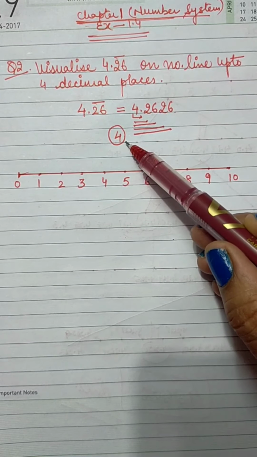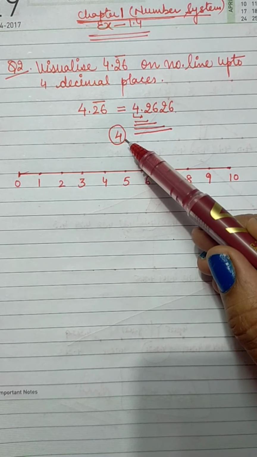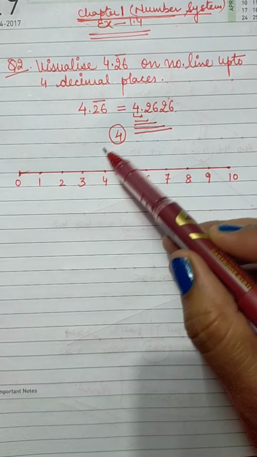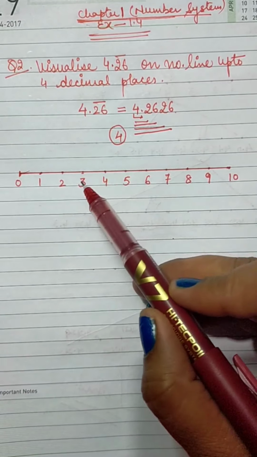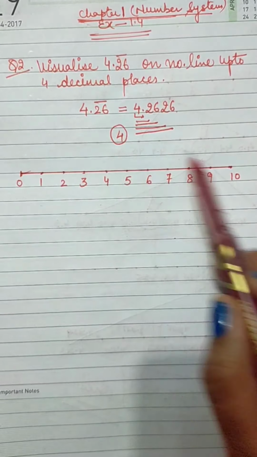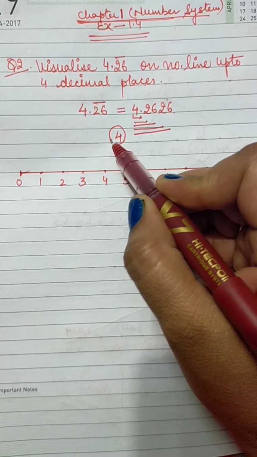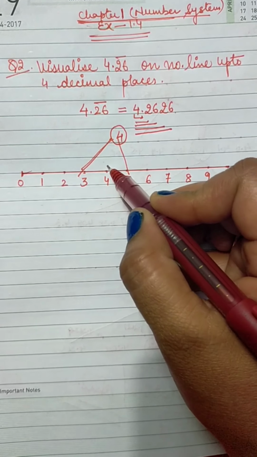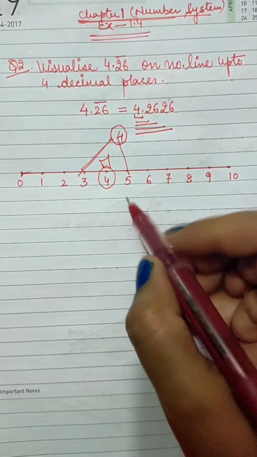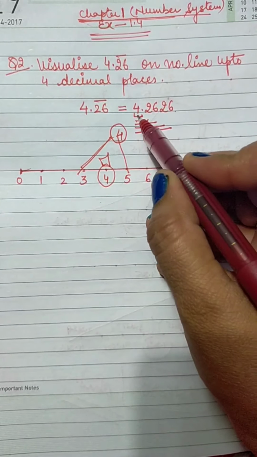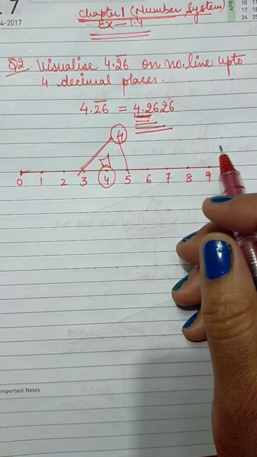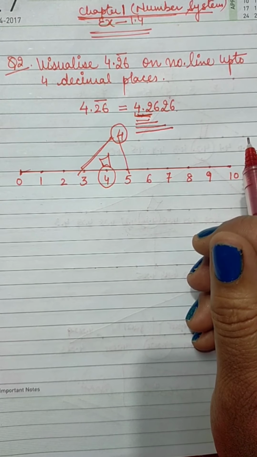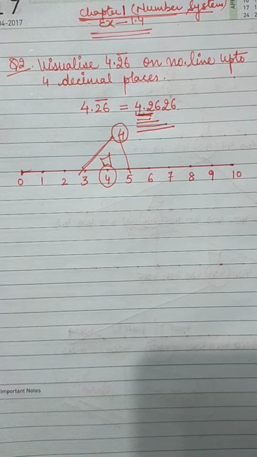We have to visualize 4. That means we are going to magnify 4, and we all know that 4 lies between 3 and 5. So you can directly do the magnification between these, or you can take more numbers. So here 4 lies between these numbers. So this is 4, and further 4.2. Now we need 4.2, and we know that 4.2 lies between 4.1 and 4.3. So the next number line should contain these values.